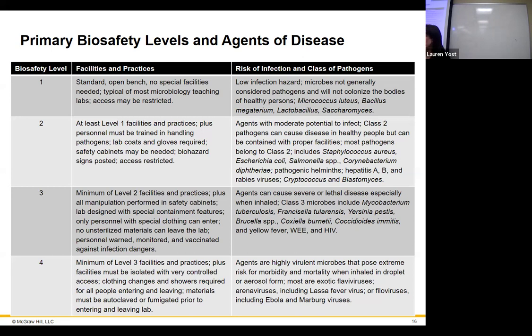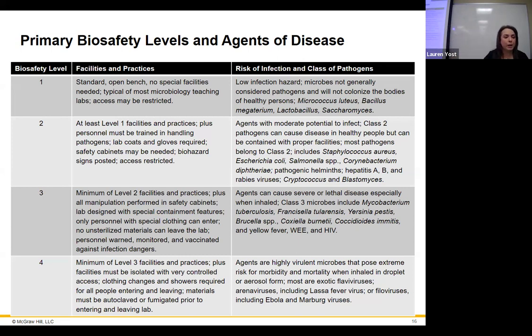Now in a BSL-2 environment, that might be considered a hazard because you're carrying that stuff over to that one can. So we would probably have one at every bench, as well as at that hood that we never use in there, which is for BSL-2 stuff. So it's just more precautions there. We're talking about things like Staph aureus and E. coli and Salmonella, those things that cause disease, but that are actually the pathogenic versions of those. They do have the genes to cause disease. So that's why you're taking these extra precautions.